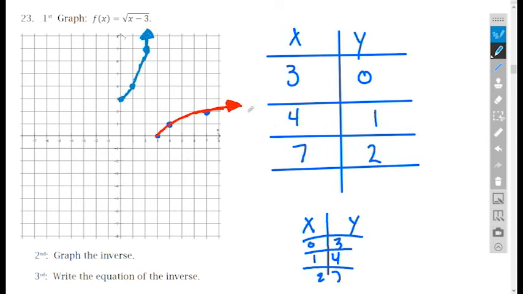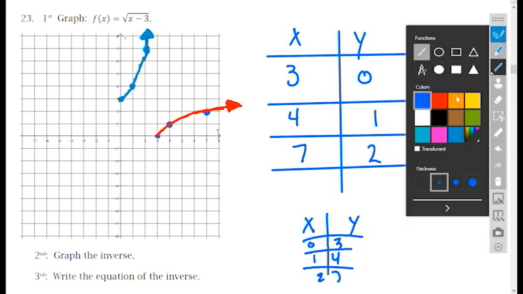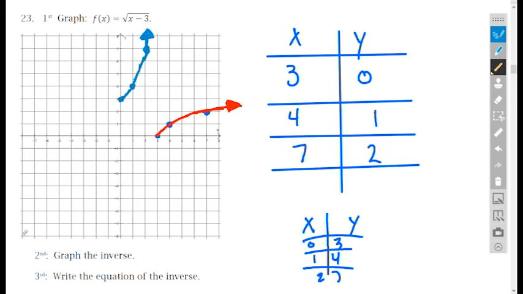Now remember, the inverse function is reflected across the line y equals x. So if you draw a diagonal line, the inverse function is reflected across the line. And then it says write the equation for the inverse function. So this is the table for f of x, this is the table for f inverse of x. Remember, the inverse function is very easy to write the equation. You just